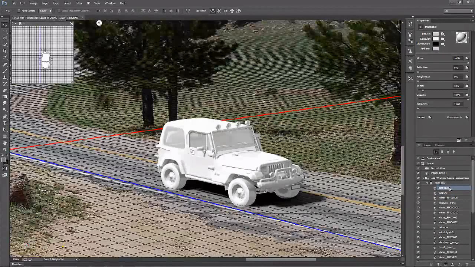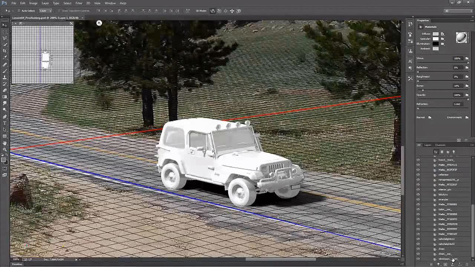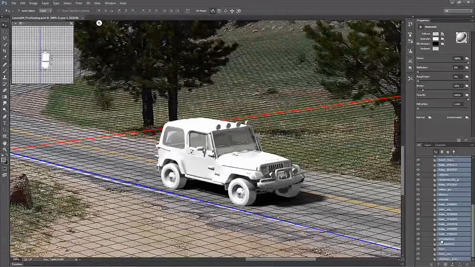Now because this is imported, a lot of times the shader assignments, they work, but the different physical properties of them don't really translate quite so well. In this case, it comes in very bright and very shiny, which really isn't what we want. And that's a common theme throughout all of the materials that are applied to this model. So what I'm going to do is select all of them. With that top one selected, scroll down, hold down the Shift key, and select all of them, and make some